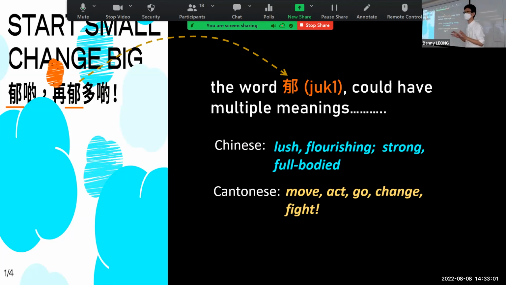But also when you get something very enriched, fragrant, you also use the word yok. But in Cantonese, this is very native.